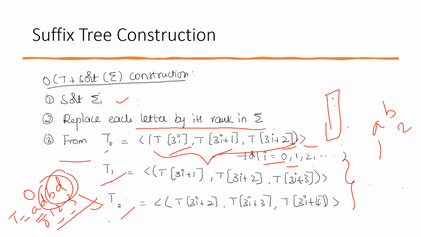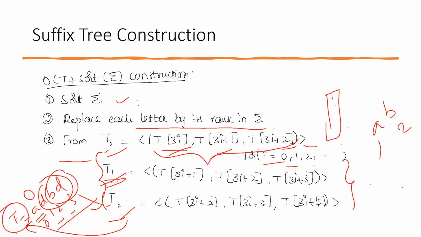I would effectively sort, if I'm able to sort all these small suffixes like t1, t2, I will be able to sort the suffixes of t. So the complete string, the original text, I will be able to sort. It's like I'm just dividing and conquering. First I'm dividing the text into sub-parts; the main concept is taking the letter at position i, then i plus 1, and i plus 2. From there I sort those individual suffixes to finally sort the original text. So this doesn't really change anything, just because we are dividing and conquering.